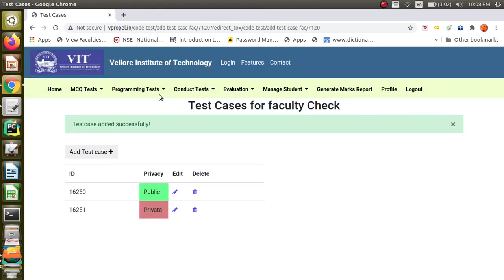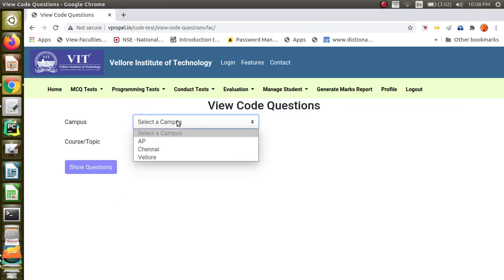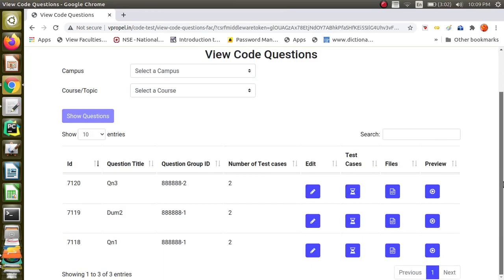Okay. So, now I want to see the questions that I have created. You can go here to the view menu. So, under programming test, go to view and click on question. So, it will take you to this page. Yeah. Now, you can see the questions created. You can see your question group ID will be added with your employee ID. This is the sample employee ID I have created. It will just put your employee ID hyphen your group ID, right? That is internally stored. Don't bother about it. You have to use it as 1, 2. I make it clear again.